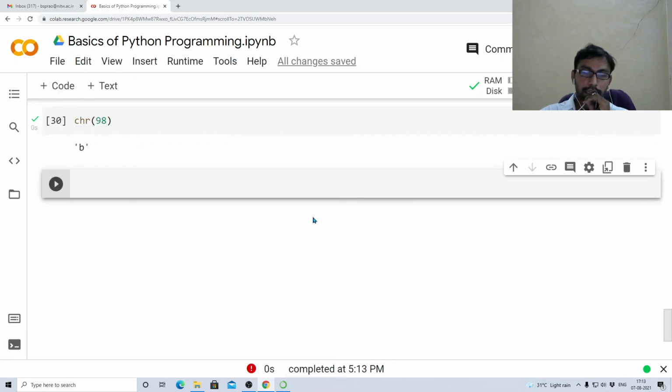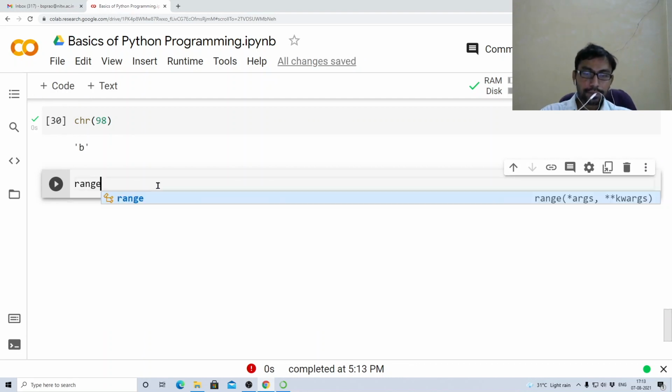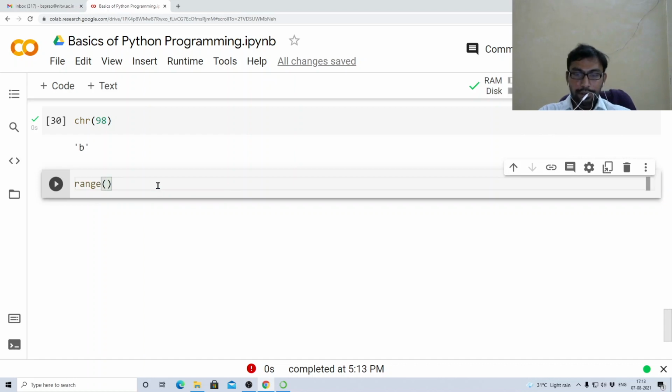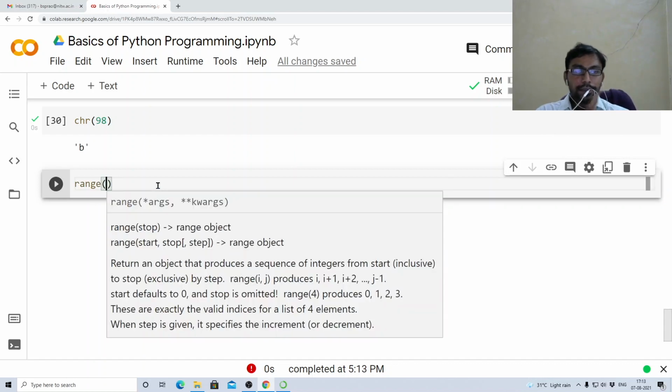Okay, now we'll see other functions. There is a function which is very much useful in Python called range. So what will this range do? This range function, if you see, you can see the output. This is what I wanted to tell: in Google Colab, if you write some function and hover over it, it will give a description of that function. You can read the description. Range: if you give only stop, you can give start, stop, step, all these things. So let me describe this function.